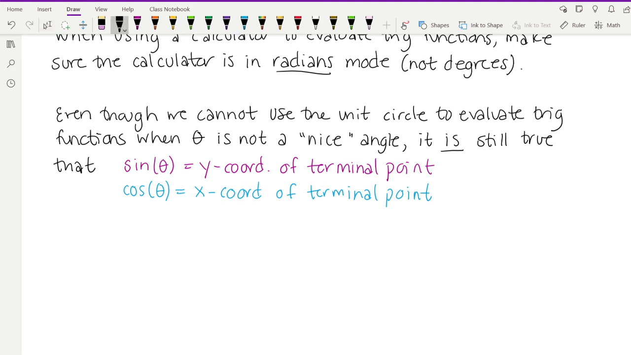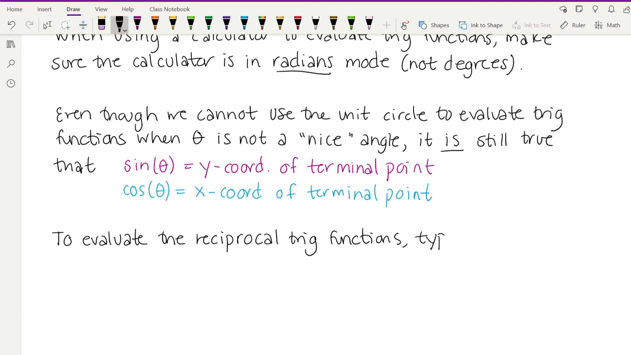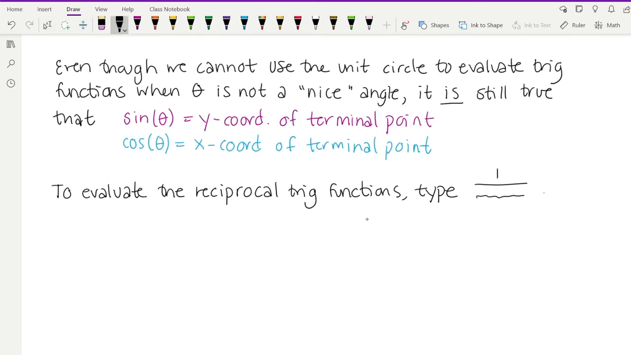Okay, two more things to write down. I know this is going to be kind of a wall of text, but I just want to make sure I get all of these out. Another thing to know is that to evaluate the reciprocal trig functions, you basically want to type 1 divided by whatever the original trig function is. The reason for that is that for the most part, calculators don't have a button for the reciprocal trig functions. So for example, let's say you were asked to evaluate cosecant of 5 pi over